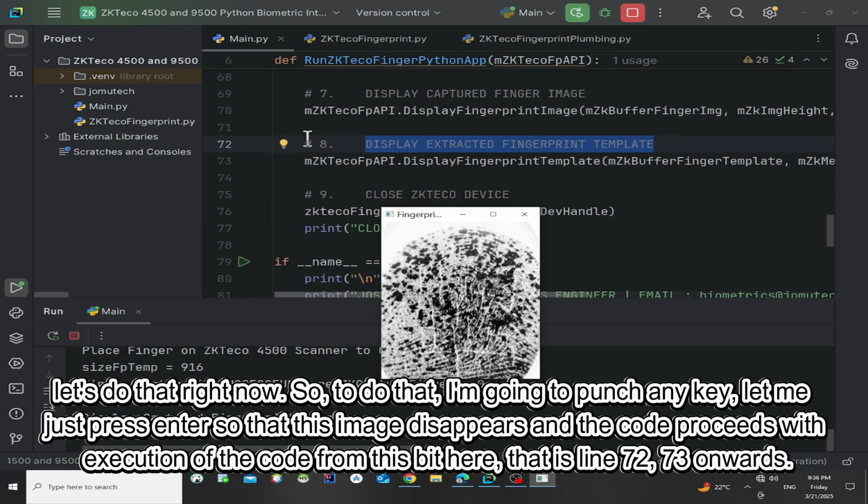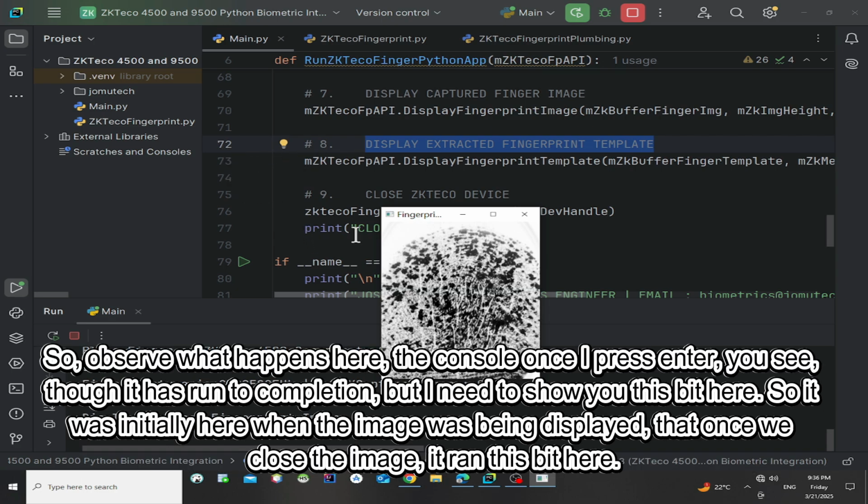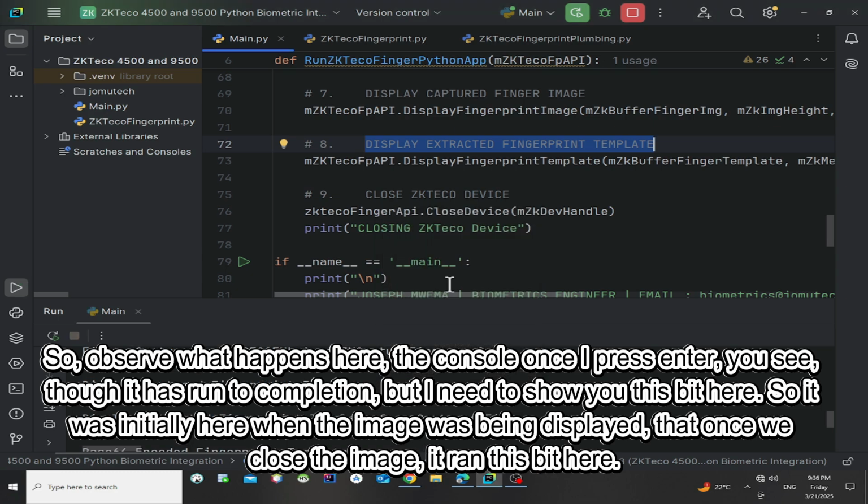The code continues with execution from this bit here, that is line 72, 73 onwards. Observe what happens here at the console once I press enter. You see, it has run to completion, but I need to show you this bit here.